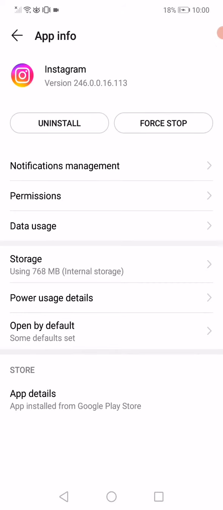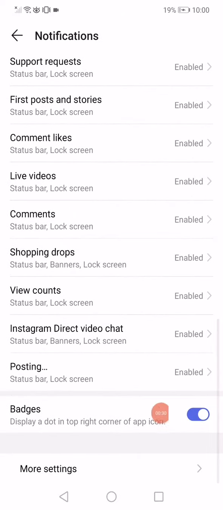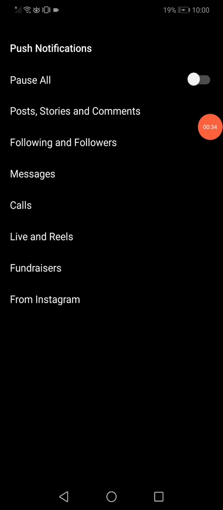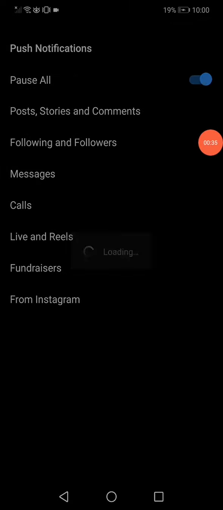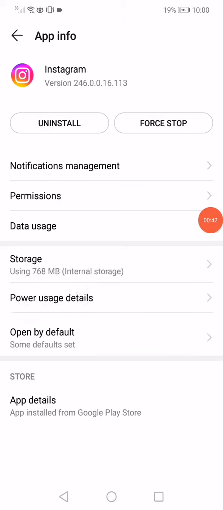Right here you will find all the app settings. So click on this option and then click on notifications management. Scroll down and then go to the more settings, click on it, and then go right here to the pause all, click on it, choose 15 minutes, go back again, and now go back, click on